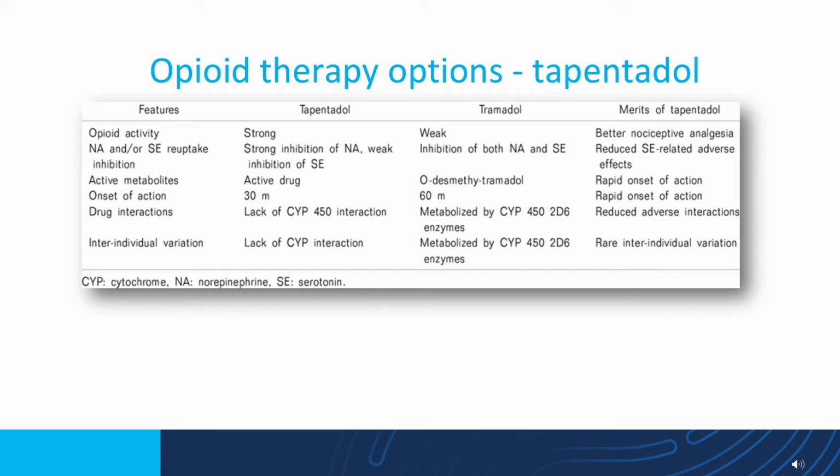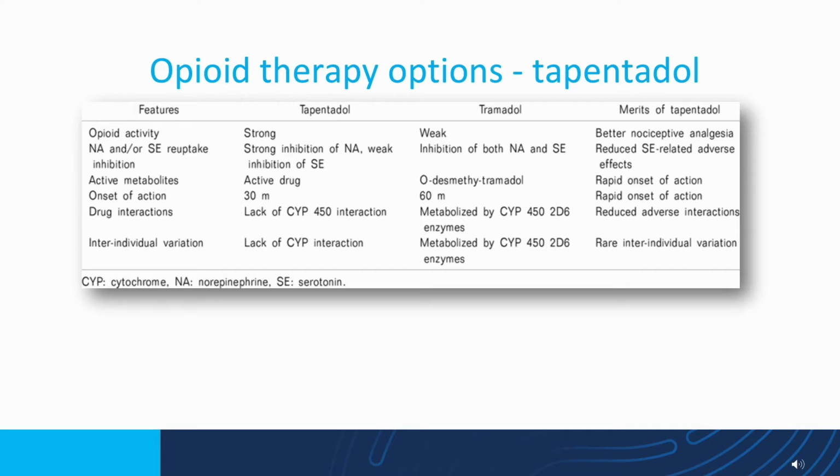Let's talk about specific opioid therapies. If you're going to go down the route of opioid therapies, I would consider buprenorphine and tapentadol to be quite useful. It's important to have an understanding of tapentadol. It's not a type of tramadol. They're two completely different medications, but nevertheless you can consider one or the other of these. Tapentadol is strong, whereas tramadol is weak, in terms of its opioid activity. Tapentadol is a strong inhibitor of noradrenaline, whereas it has weak inhibition of serotonin, so it's less likely to cause serotonin side effects.